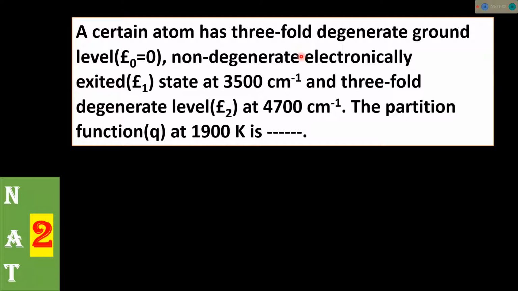So we all know the expression for the Boltzmann distribution formula for non-degenerate system and for degenerate system, and the thermodynamic probability expression for non-degenerate system and for degenerate system. So see, in this case,